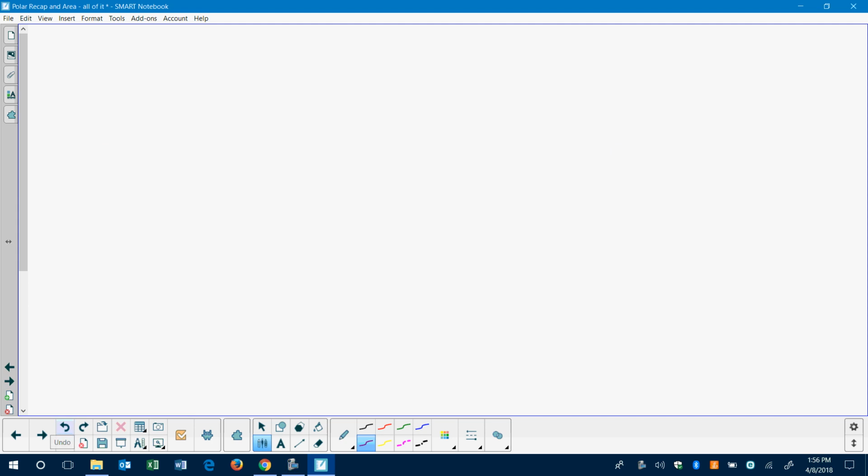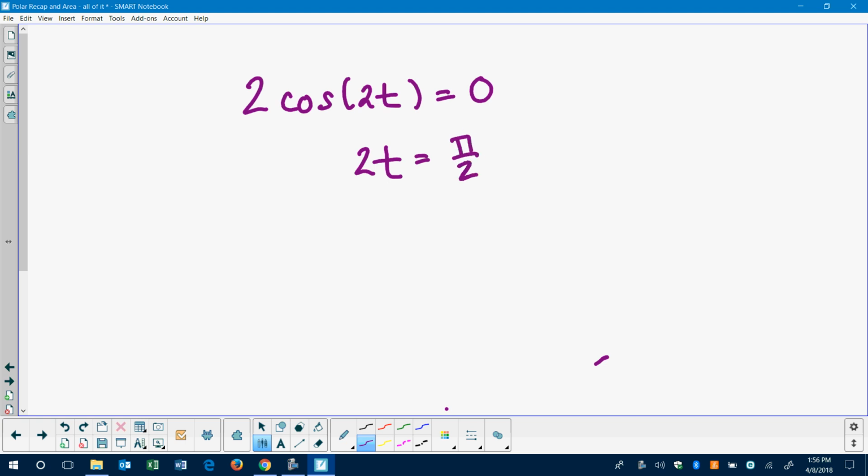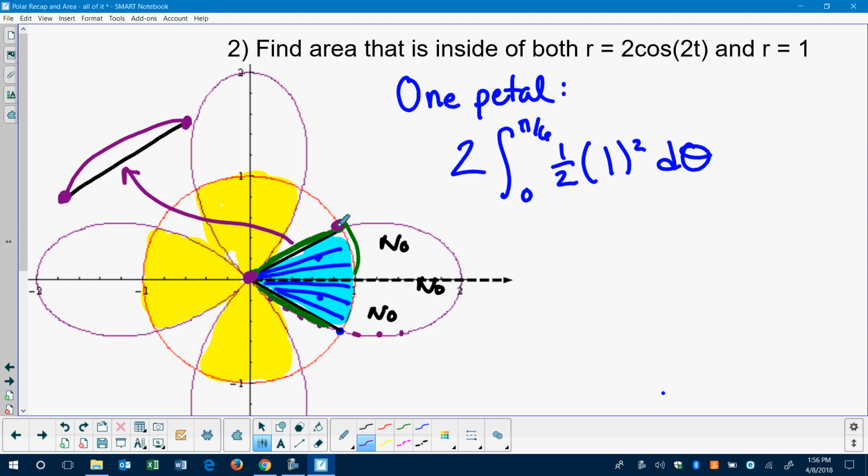So the purple curve coming back to the pole, the purple curve is this equation. Coming back to the pole means that 2t equals, let's see, pi over 2 plus, like going the top and the bottom of the unit circle, so multiples of pi. And so my t would be pi over 4, and then every 90 degrees after that. So if I think back at my picture, I know that this was at pi over 6. So this must be pi over 4 for my purple curve, right? If it just goes out here at 0 and then through the angles of the first quadrant up until 45,